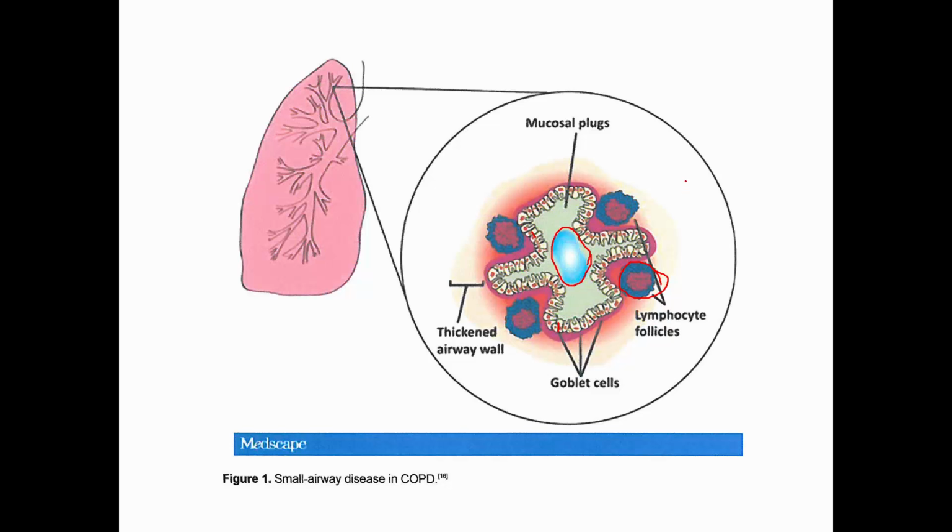And it's entirely likely that people have both the mucus plugs and the inflammation, as well as the breakdown of extracellular matrix. So there are people that have COPD that have both aspects of emphysema and chronic bronchitis in their